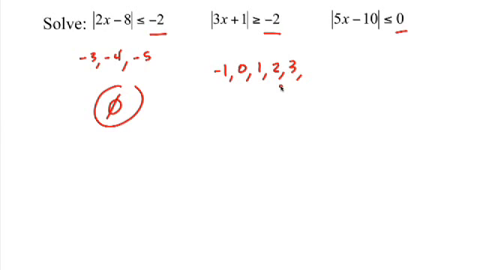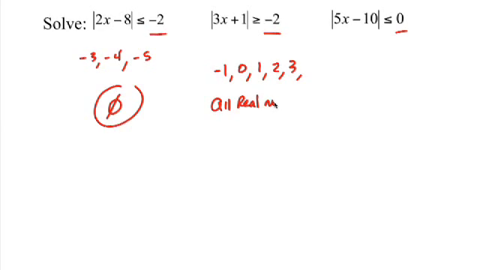The question here is, does an absolute value always greater than a negative? In other words, we know the absolute value of 3x plus 1, whatever value of x you plug in, will always either equal 0 or some number bigger than 0. And all of those numbers are already greater than or equal to negative 2. So here we essentially have the opposite of what we had in the previous problem. Any number you plug in for x will make this inequality true. So in words, we say the answer to this is all real numbers.